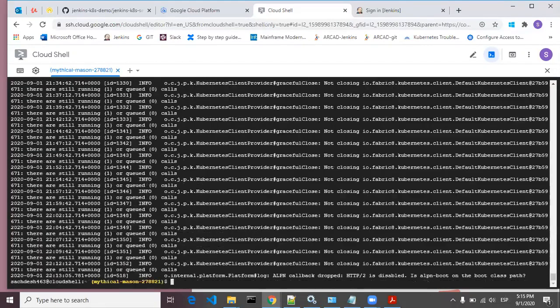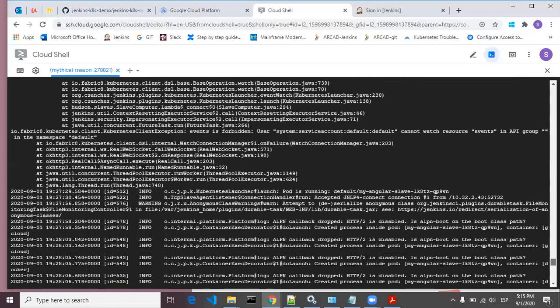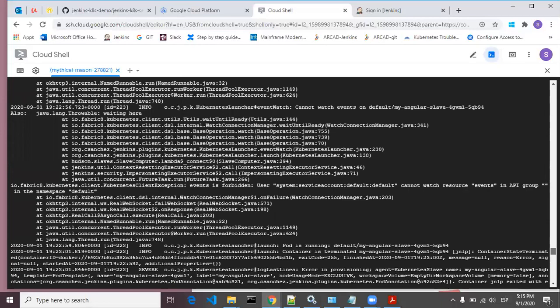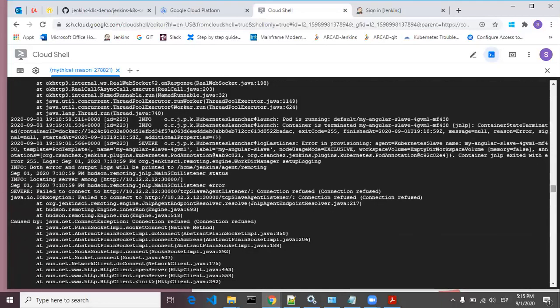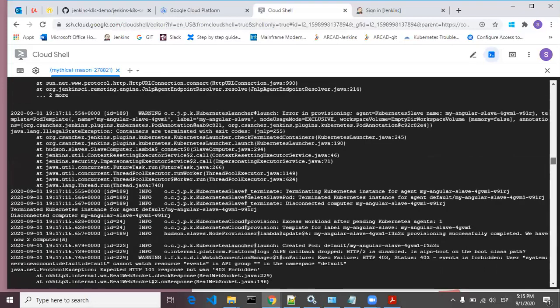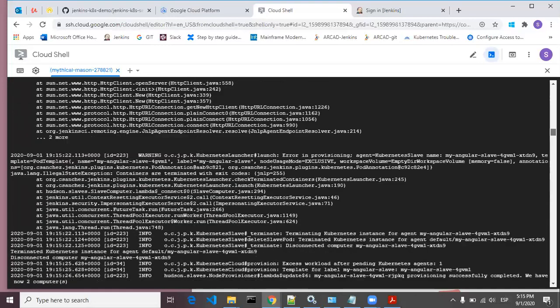Actually, a lot of logs have been generated. So if you see the log the first time, you will see a password inside that log.